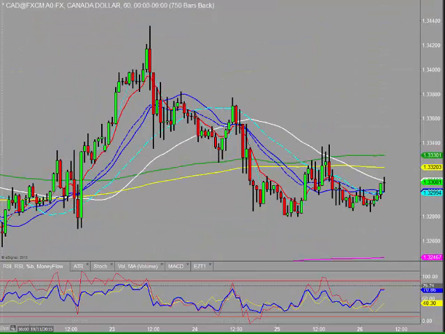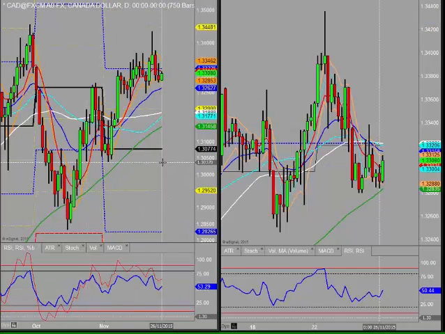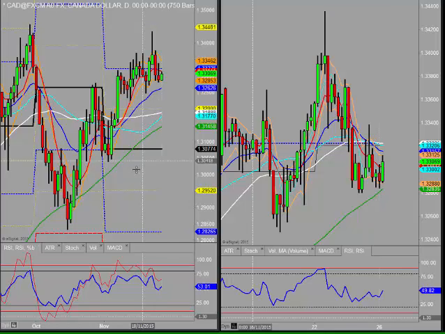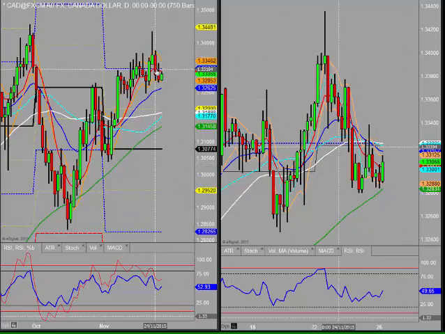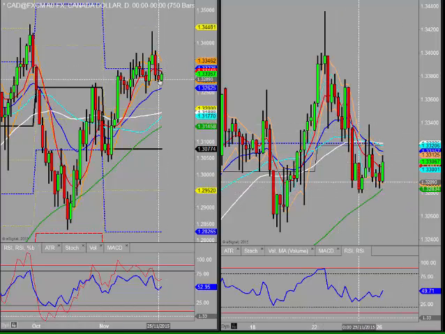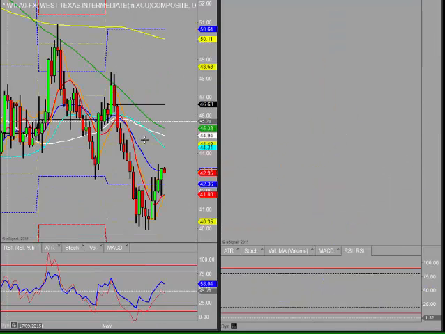Finally, the Canadian dollar. And I'm going to link this with oil in just a second. We'll have a look at what oil's doing. But the Canadian dollar put a pivot swing in, then triggered that, looking a little bit bearish. Let's just have a look at the West Texas oil price here.